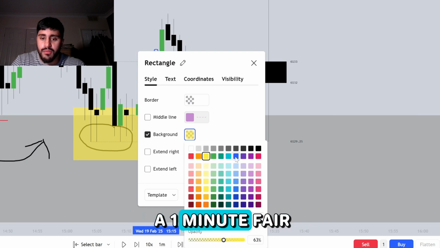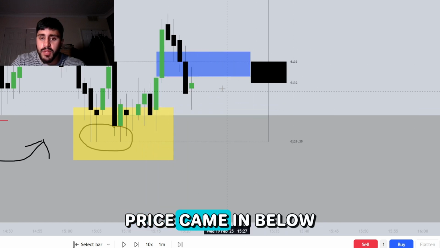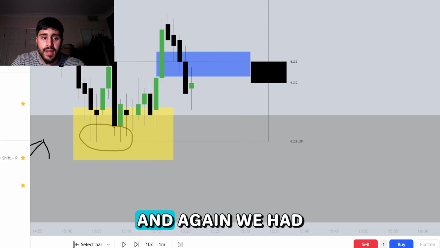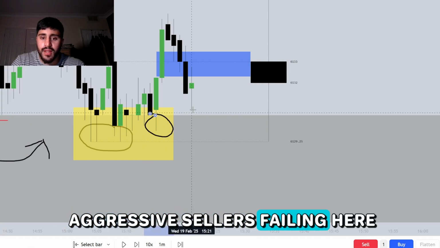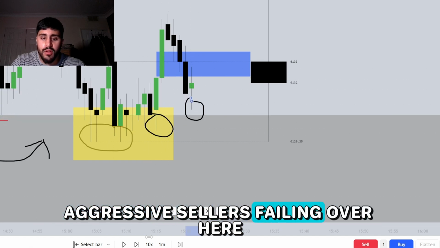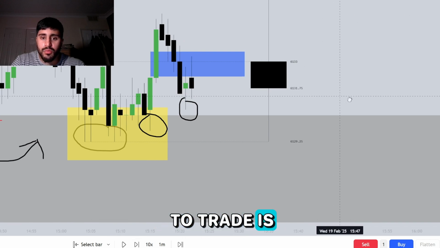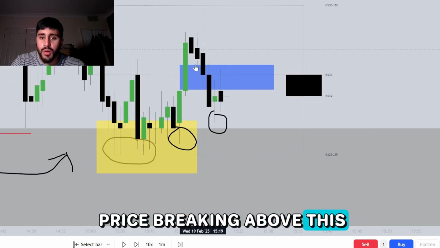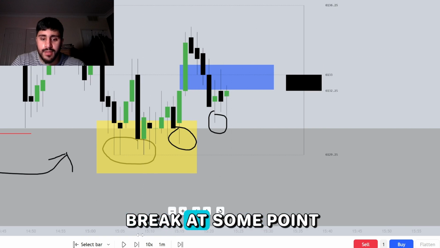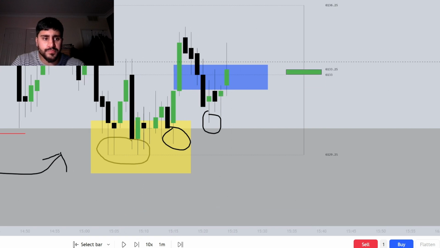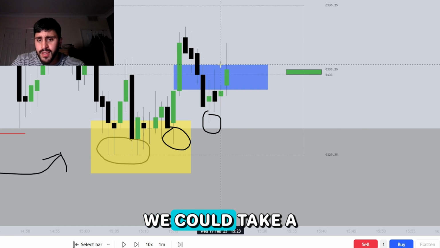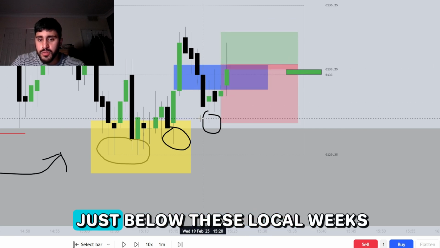This is kind of a 1 minute fair value gap. Price came in below this 1 minute fair value gap. And again, we had aggressive sellers failing here, aggressive sellers failing over here. So how I like to trade is now that I've seen price breaking above this 1 minute fair value gap, we have a break at some point, I believe over here. There you go. So we can take a long position from here with a stop loss just below these local